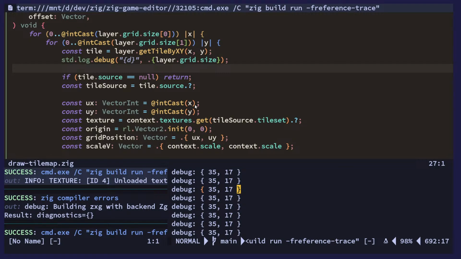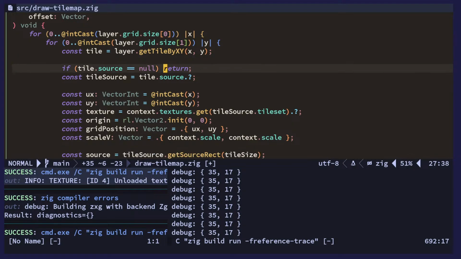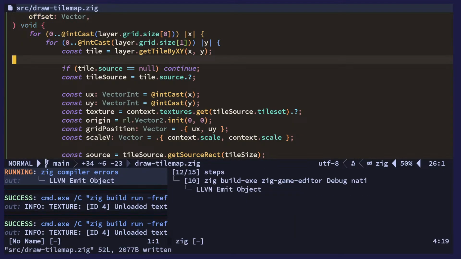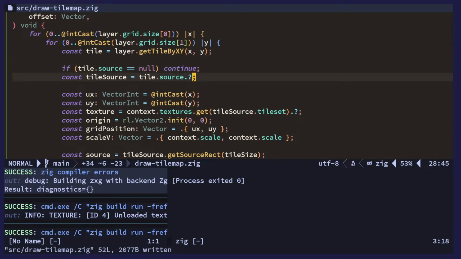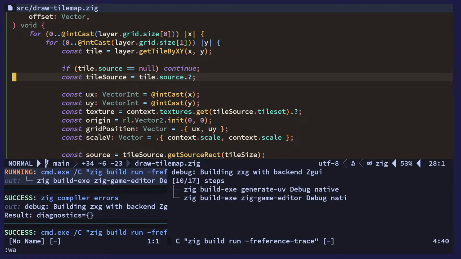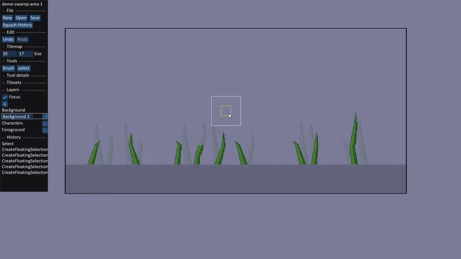Oh wait, return, it should be continue. Okay, yeah, it doesn't find anything in the top left corner, so then it returns, from my refactoring I did before. So okay, it should be continue there. Now that we are in a loop, there we go. Okay, great. So this one is not drawn